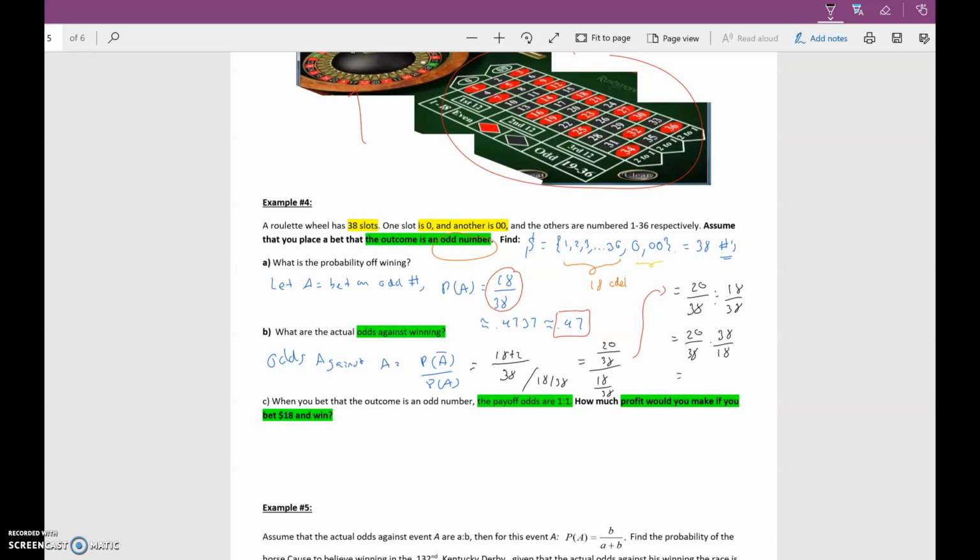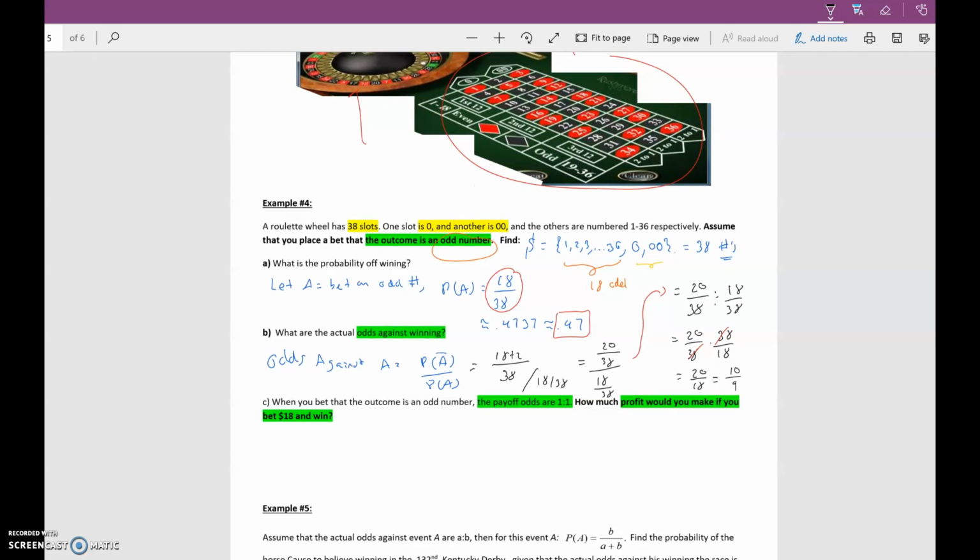So once you cancel the 38s, I'm ending with 20 divided by 18, which reduces to, if you divide by 2s, I'm getting